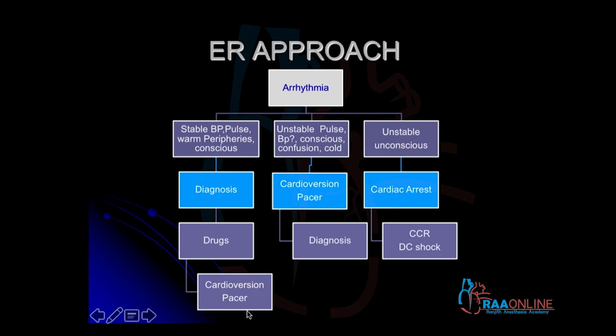For tachycardia, we can do a cardioversion. For a bradycardia, you can do a pacer. For example, if the patient is hemodynamically unstable, what we mean by hemodynamically unstable is the patient has got a disturbance in consciousness, he has got a thready pulse, his blood pressure is not recordable, and he has got cold and clammy extremities, which means his arrhythmia is producing hemodynamic compromise and it is preventing vital organ perfusion. Then you have to immediately do an electrical treatment like cardioversion or pacer, depending upon whether it is a tachyarrhythmia or bradyarrhythmia. Then make a diagnosis.